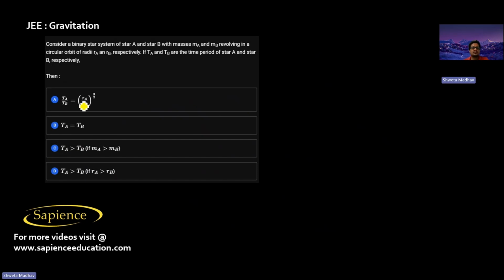And here it is told, consider a binary star system of star A and star B with masses MA and MB revolving in a circular orbit of radii RA and RB respectively. If TA and TB are the time periods of star A and star B respectively, then